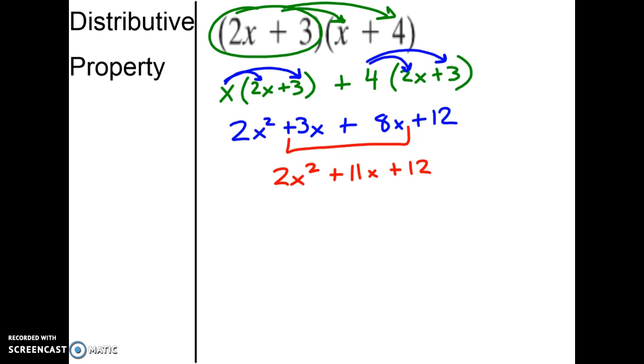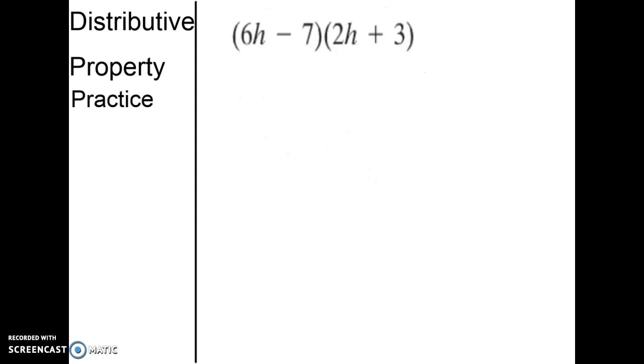Using the distributive property, we almost do it twice, where we distribute that 2x plus 3 into the x plus 4, and then we use it on either side of our expression here, distributing the x in and distributing the 4 in green there. I want to have you use this technique on the next problem in your notes with